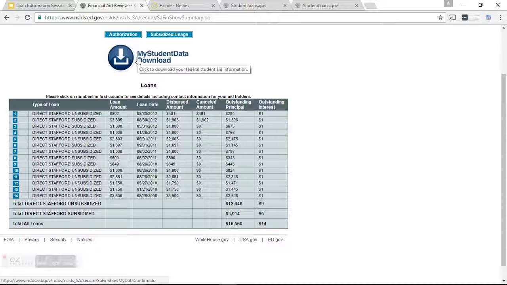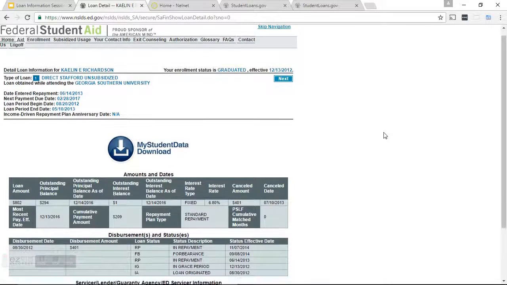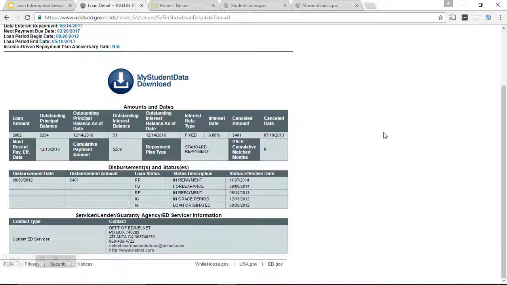This document's a little messy, so in general, it's equally as helpful to just use the summary page. But if a student wants to print information for their records, the download could be helpful. To continue, we'll click on an individual loan. Let's scroll down here. As you can see, this page goes into a lot more detail about the specific loan,